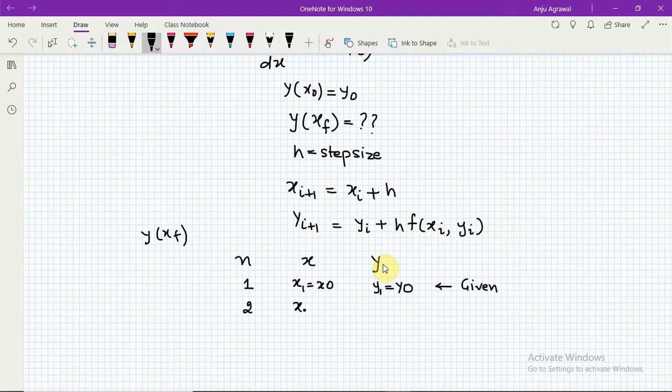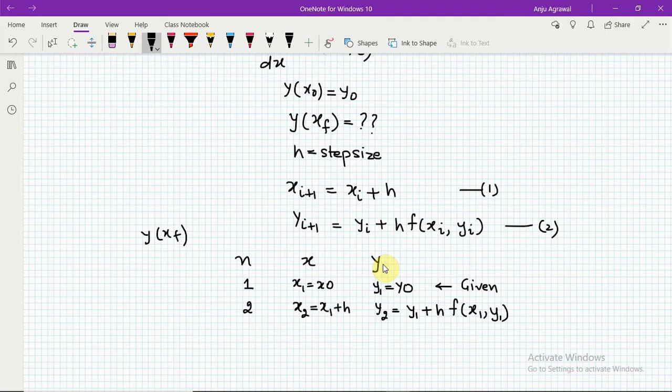In the second step, we have to estimate the value of x, and using equation number 1, x2 will be written down as the previous value, which is x1, plus the step size. And from equation number 2, the value of y will be estimated and we call it y2. y2 will be equal to, from equation 2, y1 plus h times the function evaluated at the previous coordinates x1 and y1.